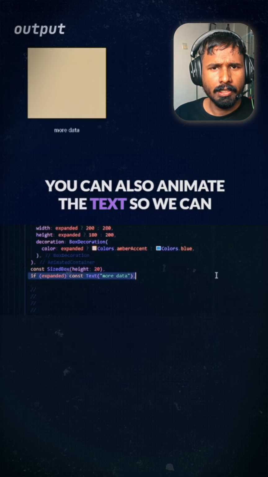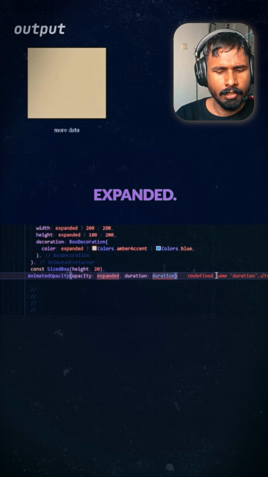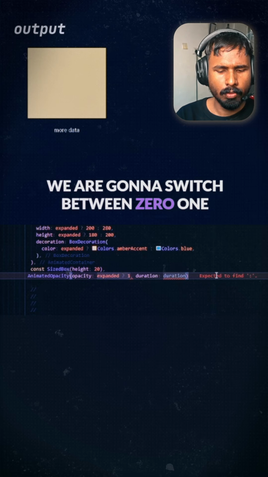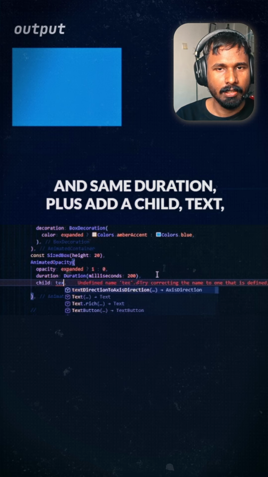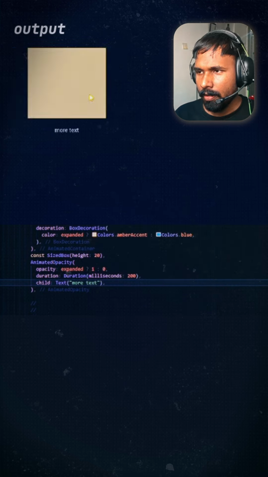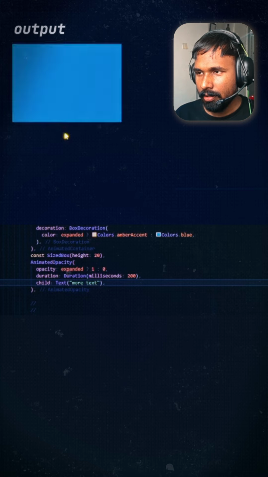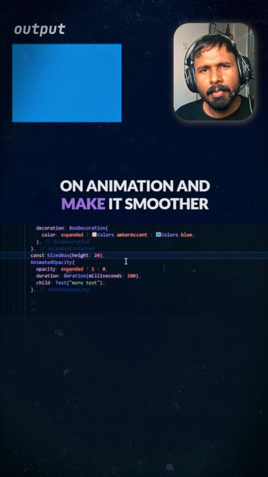We can also animate the text, so we can use animated opacity, expanded. We're gonna switch between 0, 1, and same duration. Let's add a child text, more text. Let's save it. You see the animation here, and you can add animation on animation and make it smoother and